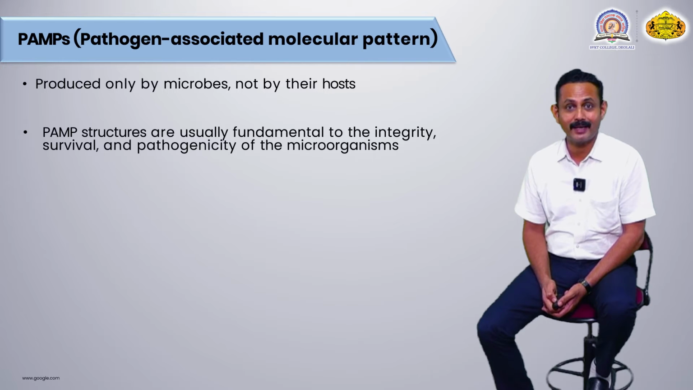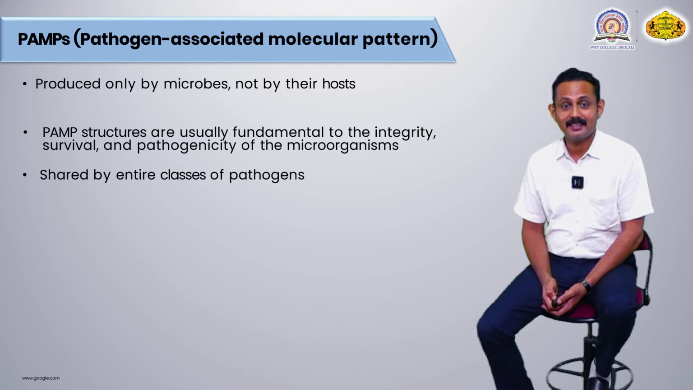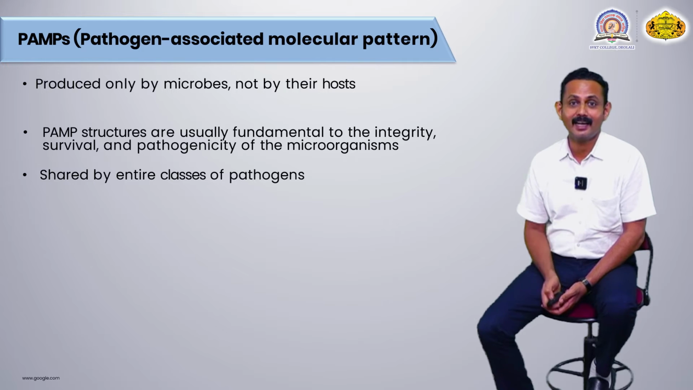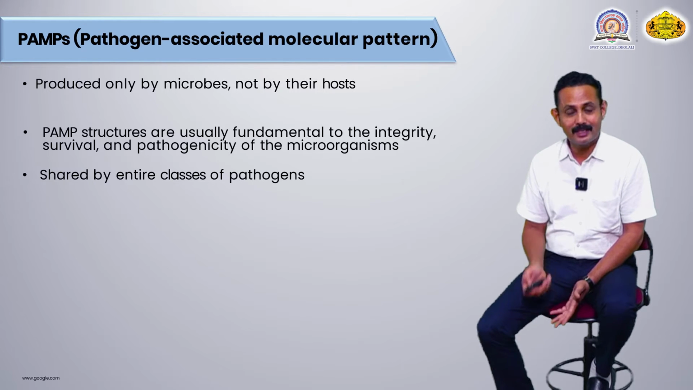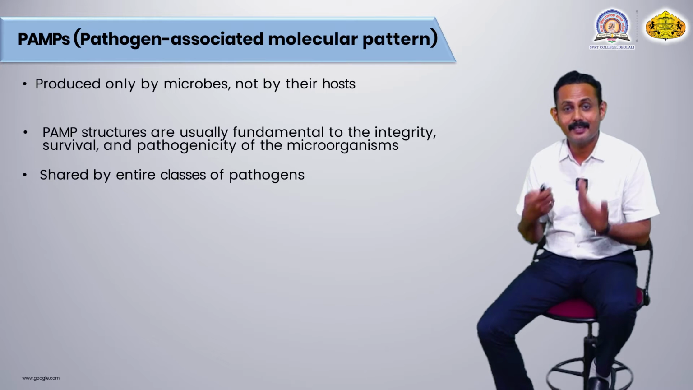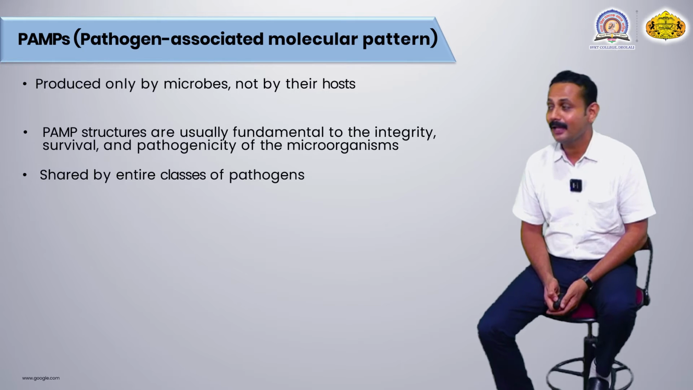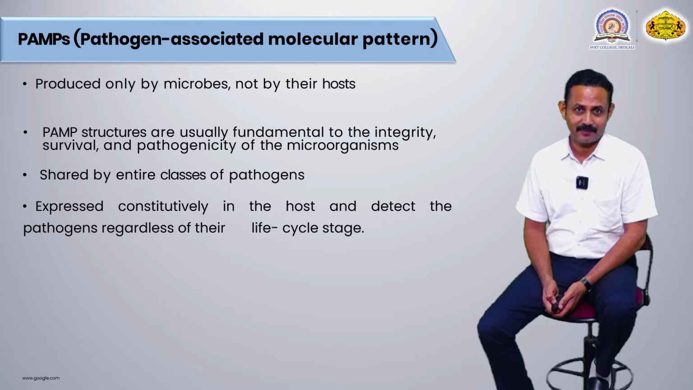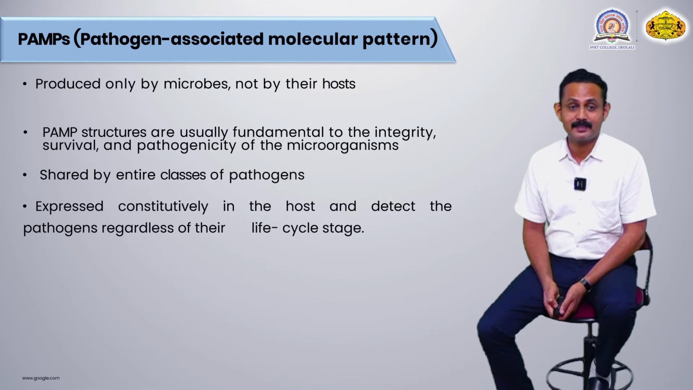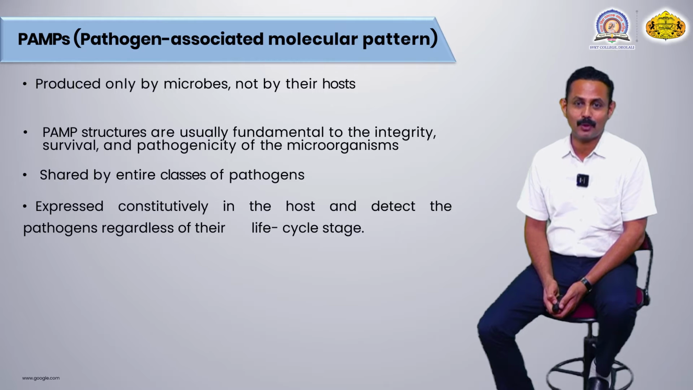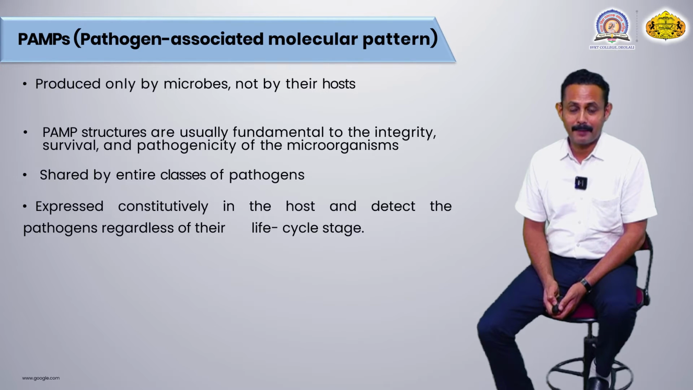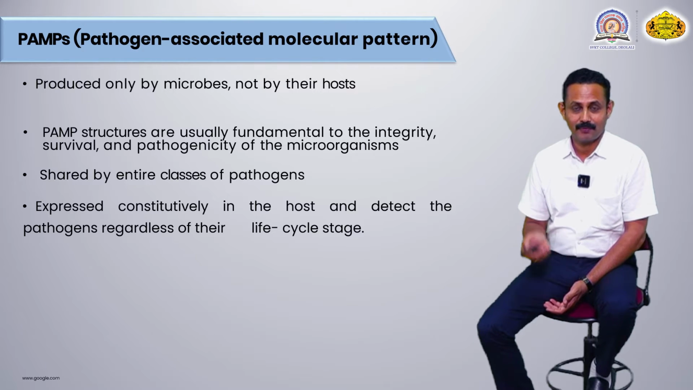They are produced as virulence factors by the pathogens, and these are shared by entire classes of pathogens. They are present on the surface or they are produced in a secreted form by the pathogens to protect themselves against immunity or different antimicrobial agents. And these PAMPs are expressed constitutively in the host, and they detect the pathogen regardless of its life cycle stage. It means that when these PAMPs are produced by the pathogen in the host where it has entered,